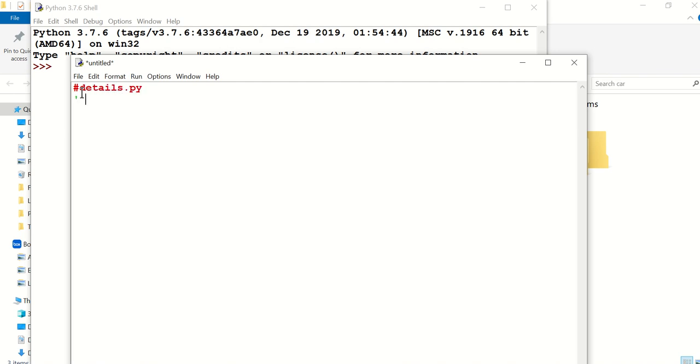It is details.py. So what is the purpose? It gives some doc string with the details about car. Okay, and this particular file is going to have one function. So car_detail, please remember the name of the car, all small letter, car_detail, and with a colon. I just want to print some information, print: this is the function from car module.